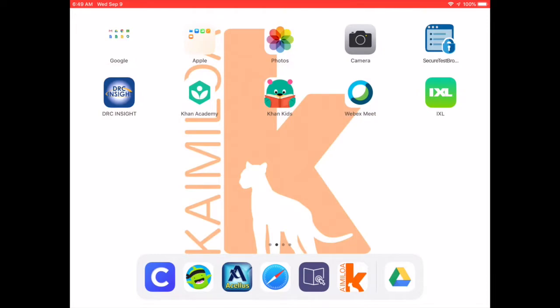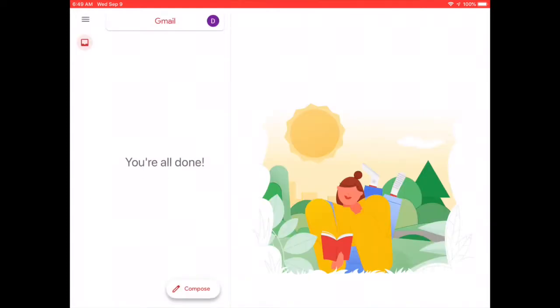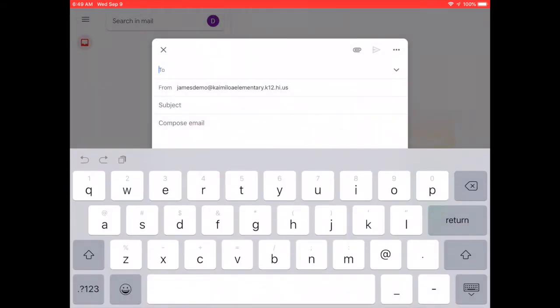To send a file on your iPad, open up the Gmail app. Once it's opened, tap on the Compose button at the bottom. Type in the email of the person that you want to send the email to. Don't forget your subject,